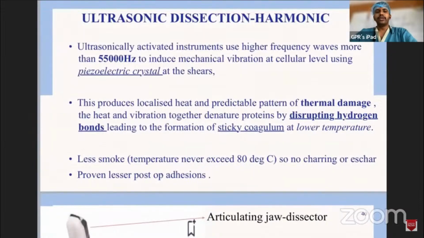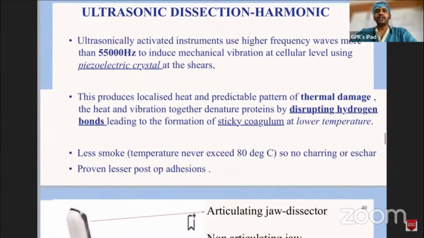So we are done with the radio frequency energy sources. Now we come to the ultrasonic, which is even more advanced. The base of everything to use is the Harmonic, which is comparatively costlier than the rest of the energy devices, because we need to replace the handle of the instrument once in some time. It is already programmed so that not more than 100 cases can be done. When 100 cases are done with a particular Harmonic handle, it will indicate itself, as the sensing mechanism will say the machine is no longer useful.